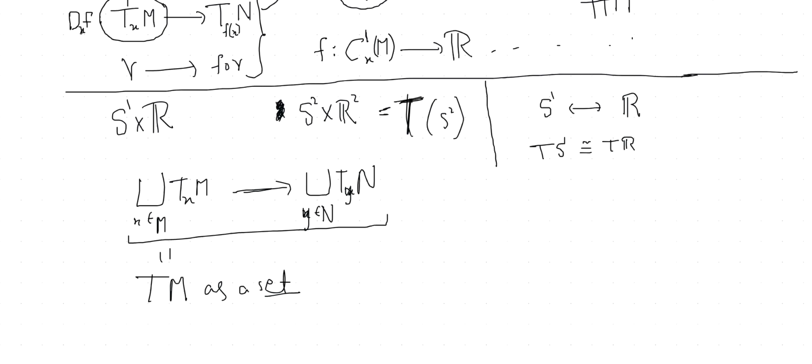Because see, one thing is clear that if two spaces are diffeomorphic, then their tangent bundles should also be diffeomorphic, right? That is certain because you want your definition to be mathematical, and a mathematical definition means that it should not depend on a particular reincarnation of the object. It should just depend on the abstract features of the object, right? So, if two manifolds are diffeomorphic, their tangent bundles should be diffeomorphic. But you want a definition which is like this: if two manifolds are not diffeomorphic, then their tangent bundles are not diffeomorphic. You hope for this kind of definition.